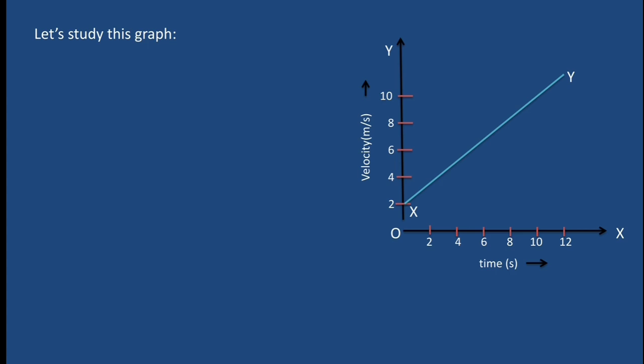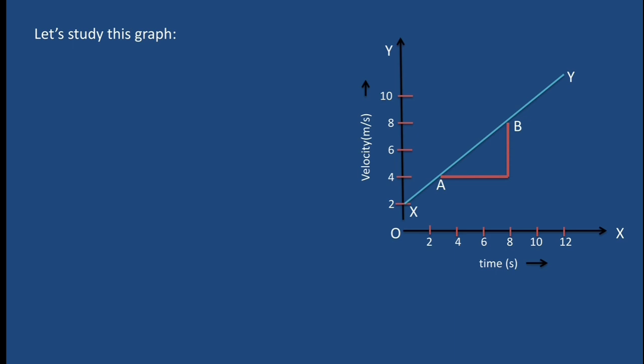Now let us try to find out the slope of this graph, because we know that slope helps in determining the nature of the graph. So students, what do we do in order to determine the slope of a graph? We just choose 2 points. Suppose we choose point A and our other point is point B. Now after choosing the points, what do we do? We draw a line parallel to x-axis from the point A, as you see, and from the point B we draw a line parallel to y-axis.